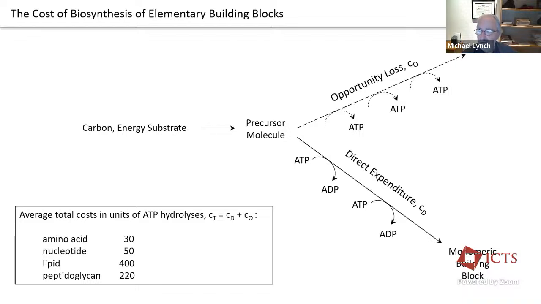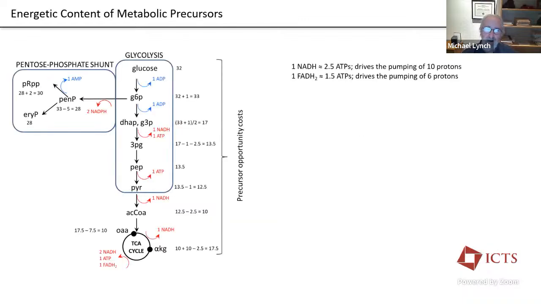So the important point is you can make this big list of how much it costs to make all the basic building blocks in a cell. And then if you know what your trait is made out of, you know, how many amino acids, for example, you can calculate the cost of the entire trait. So the way we do this is, most of you have probably been terrified at one point or another taking a biochemistry course and having to be confronted with the glycolytic pathway and the TCA cycle, also known as the Krebs cycle, also known as the citric acid cycle. But these are basic textbook pathways that you can find in all biochemistry books. That's the main point.